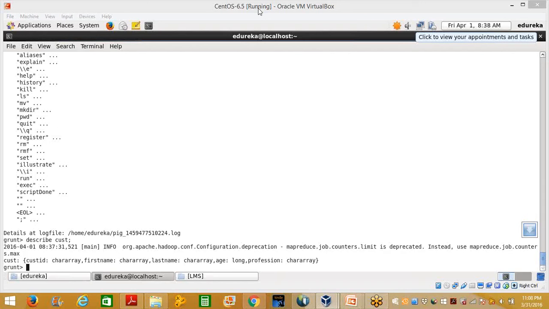GRP PROF is only related to the customer, right? Similarly, when I use GRP PROF CNT, I cannot use the customer relationship over there. The reason being, GRP PROF CNT has been derived out of this CNT relationship only, right? So when I start using this particular CNT, it started